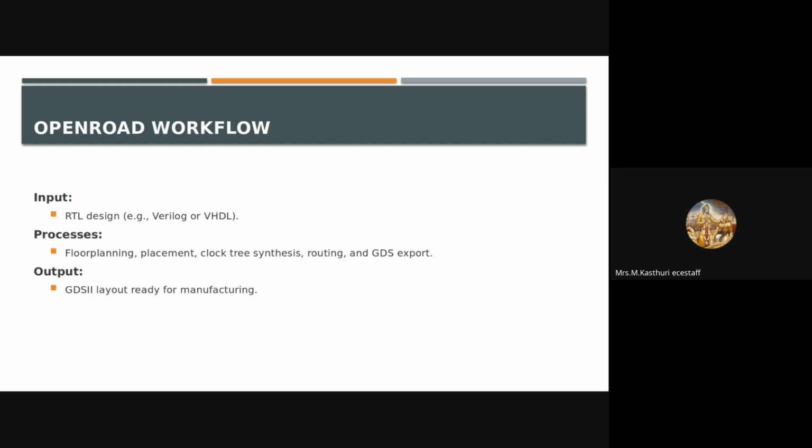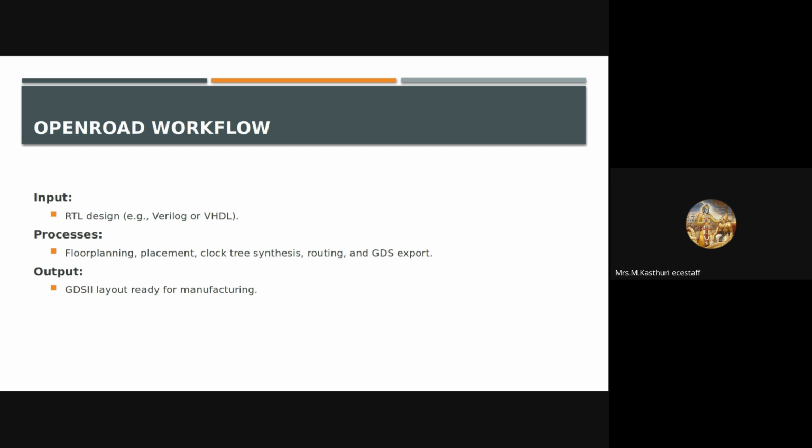OpenROAD workflow. The input of the OpenROAD toolchain is typically an RTL design written in Verilog or VHDL. The RTL code represents the functional description of the chip and serves as a starting point of the physical design